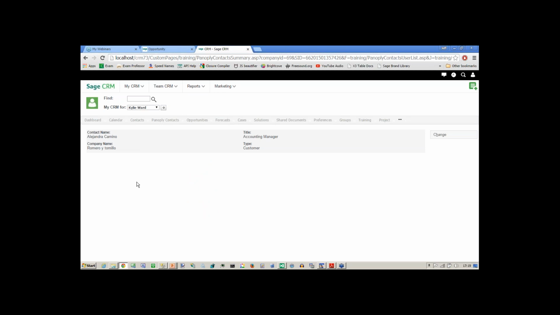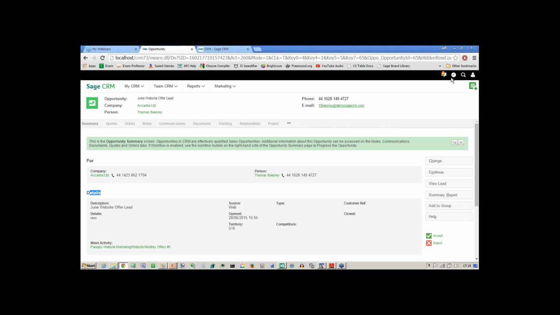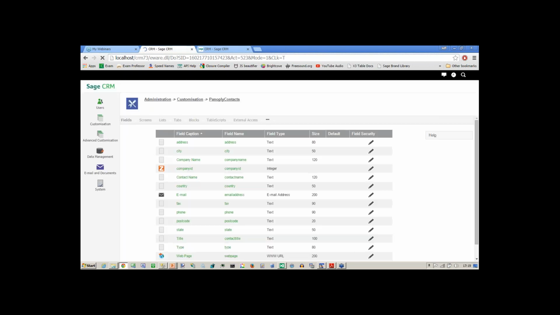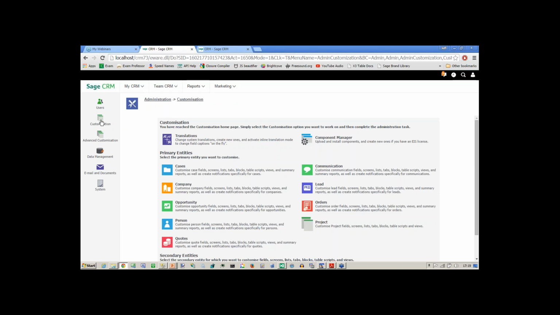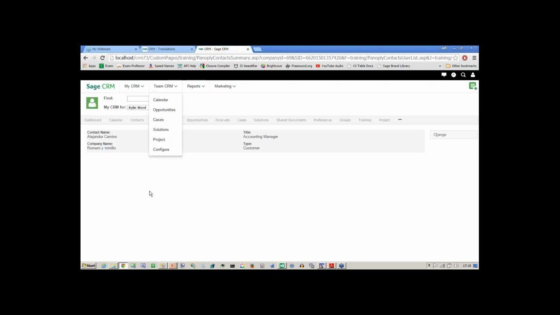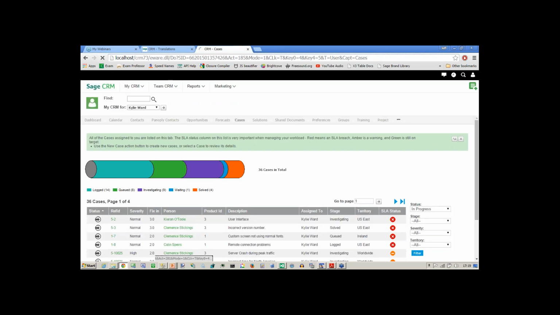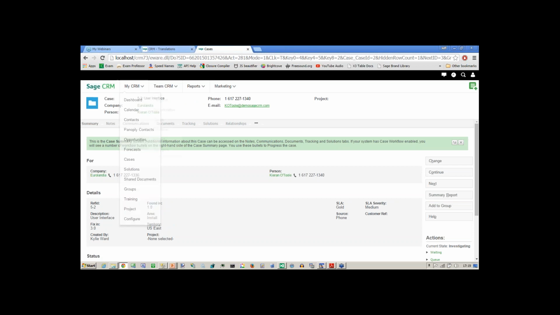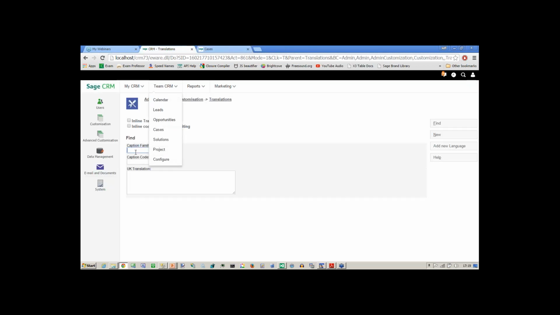Let's do first things first. If we think about captions and translations, we can go in as a system administrator, look at the administration screens, look at customizations, and if I look at translations, we can see what suitable tabs can be used. Now, I happen to know that a very useful labeling mechanism is a caption family called tab names. So if I have a look at tab names as the caption family,